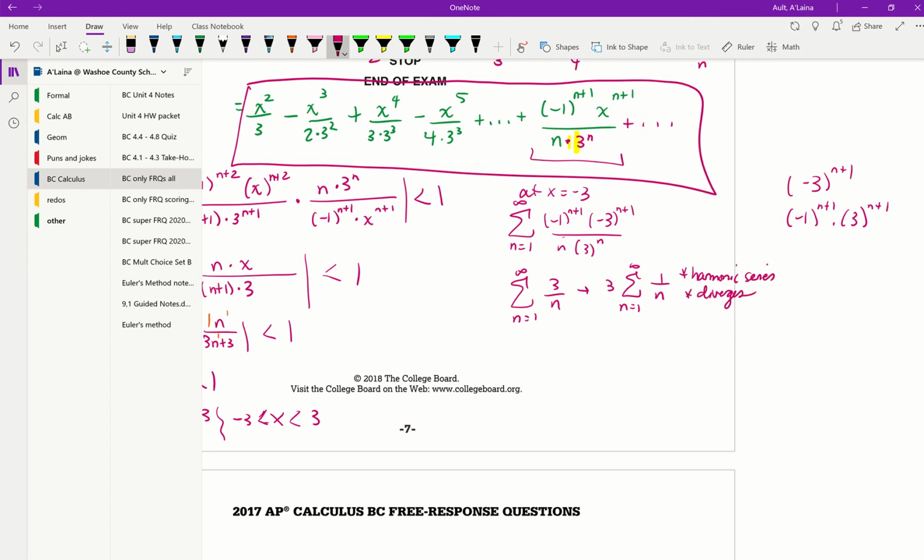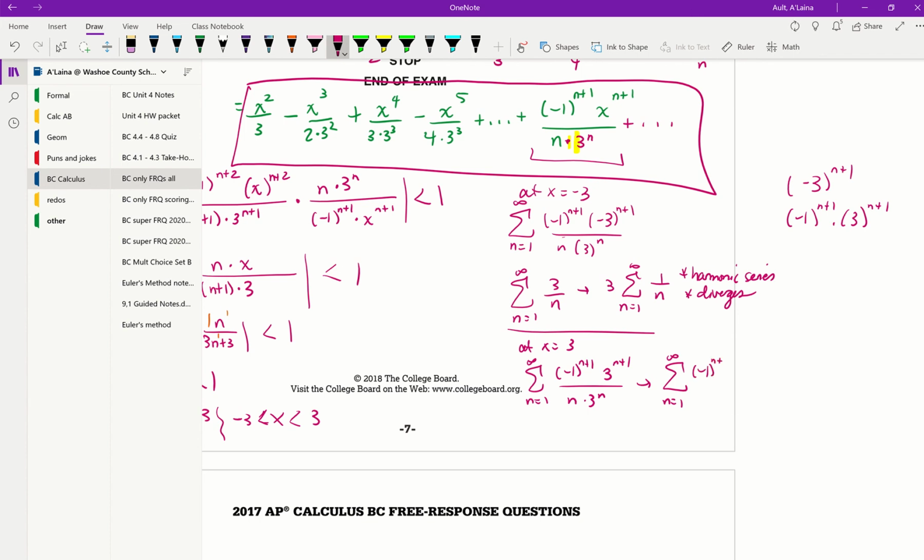Because it's just multiplied by a constant. So I will be using an open interval here for the negative 3. When x is equal to positive 3, again, I'll use that same original expression as n goes from 1 to infinity of my general term. This time it would be 3 to the power of n plus 1 over n times 3 to the power of n. Well, if I rewrite this